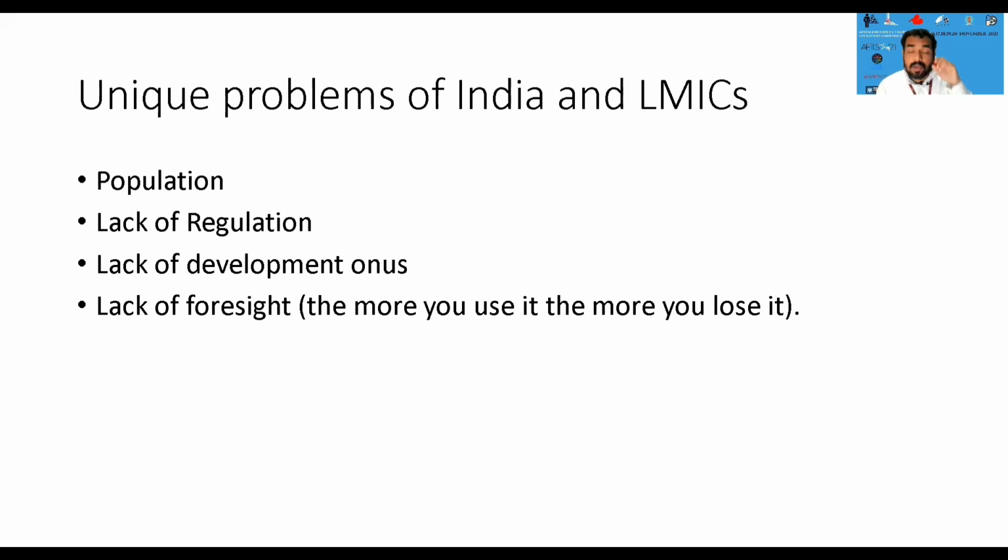And of course, there is a lack of development on our side, because obviously the antibiotics were developed in the Western world, and they saw in the golden era how the misuse and abuse of antibiotics resulted in resistance, because of which they knew they had to come up with certain strategies to prevent the development of resistance. Whereas we always remained consumers, and we are still thinking that if we use these antibiotics, some other antibiotics will come. So this lack of honesty in countries like India and LMICs is definitely a unique problem.